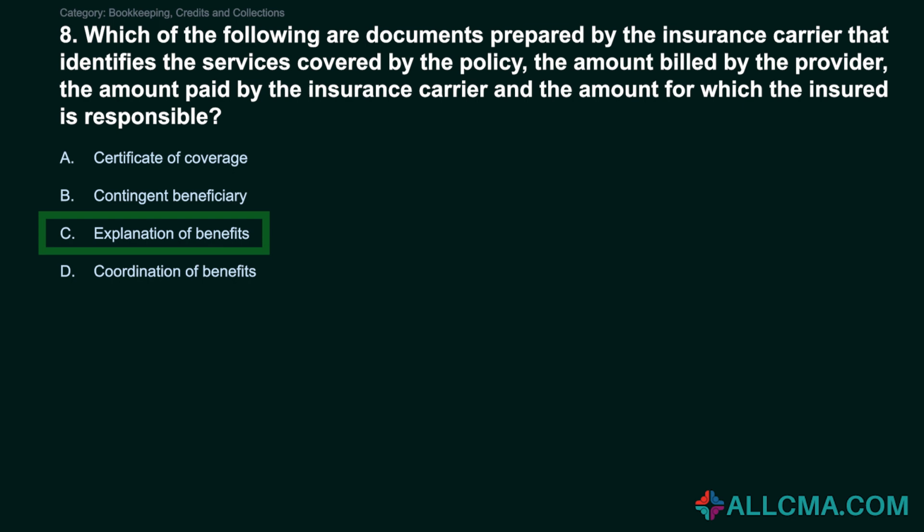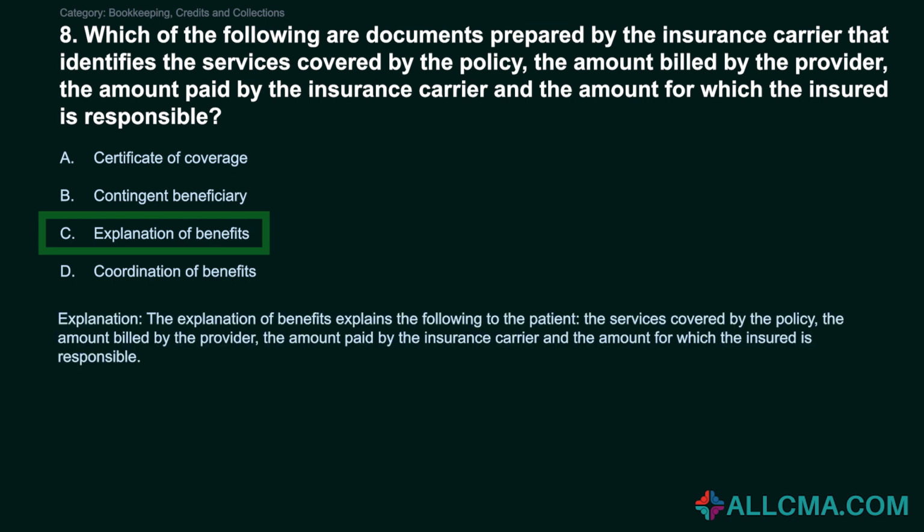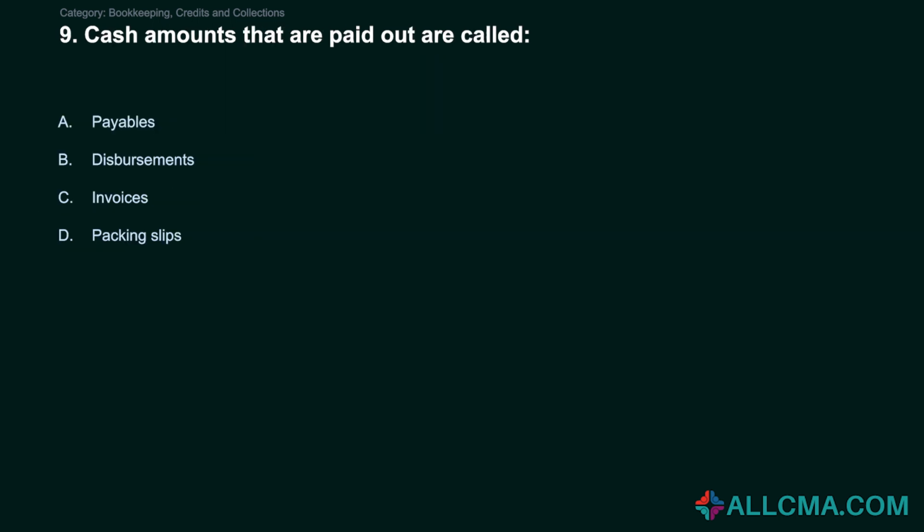Explanation of benefits. The explanation of benefits explains the following to the patient: the services covered by the policy, the amount billed by the provider, the amount paid by the insurance carrier, and the amount for which the insured is responsible. 9. Cash amounts that are paid out are called